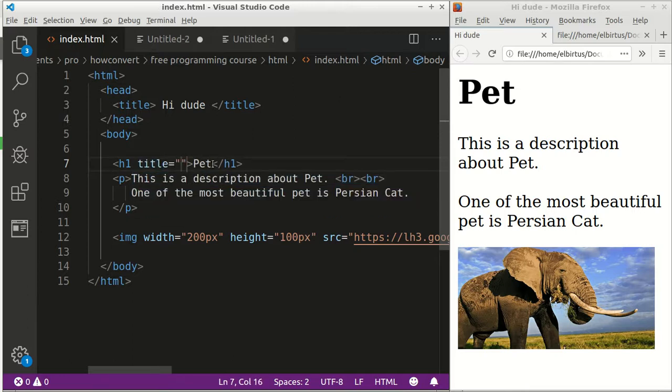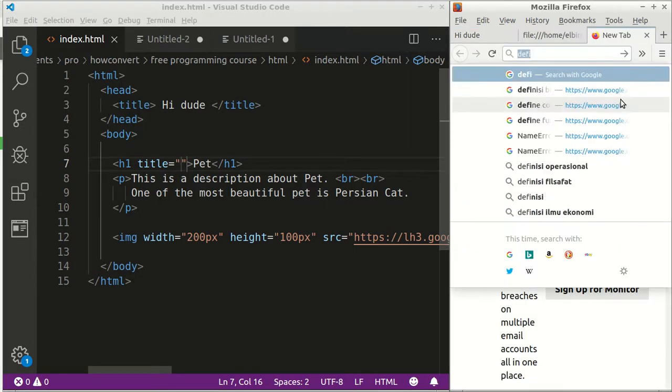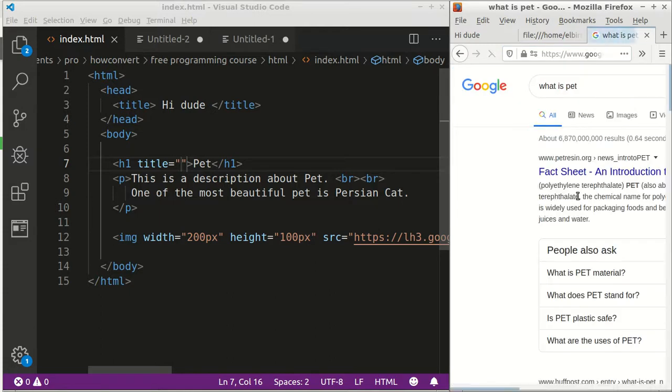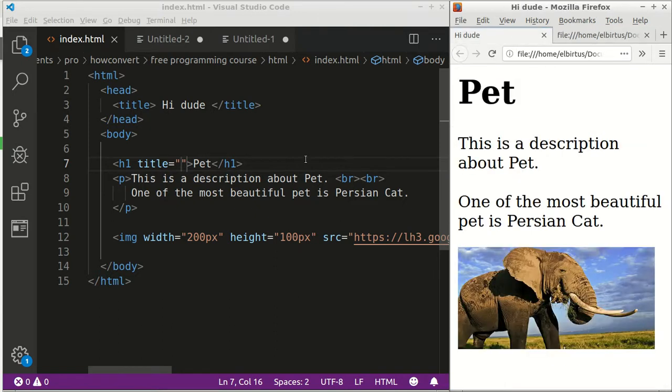And then let's say I will give a definition. What is pad? Okay, I just created it by myself then. Pad is